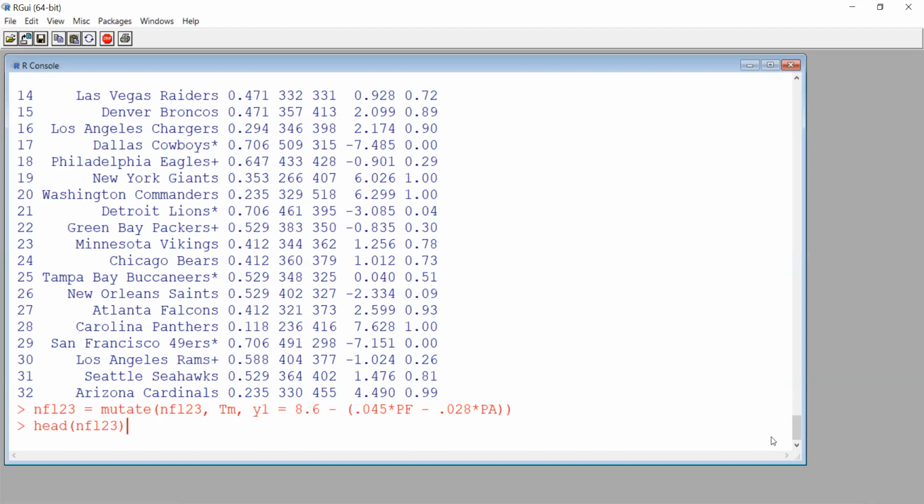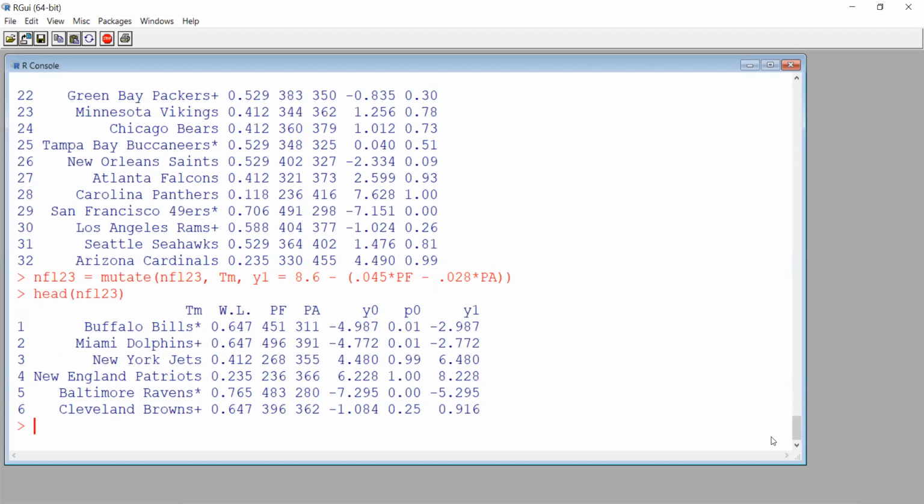And now let's just look at, yep. So now this one will tell me the probability they made it to the wild card round or didn't make it to the wild card round. So I'm going to get a probability now by doing that inverse logistic transform on Y1 so that I get a P1, but then I really want to subtract P0 from P1, because what the real meaning is, this is the chance they lost in the wild card round or didn't make the playoffs. So let's do that now. Again, just up arrow it so you don't have to think about it again or type it again.